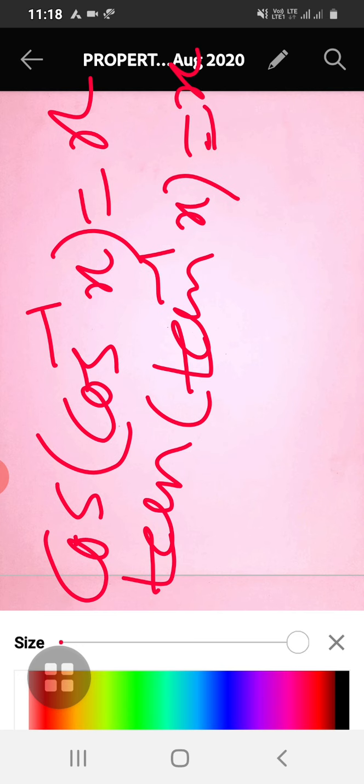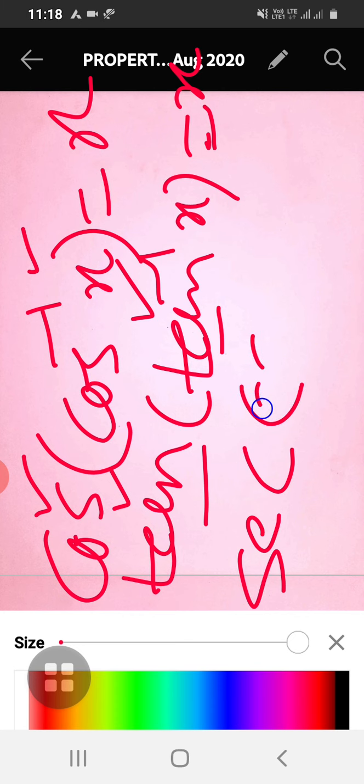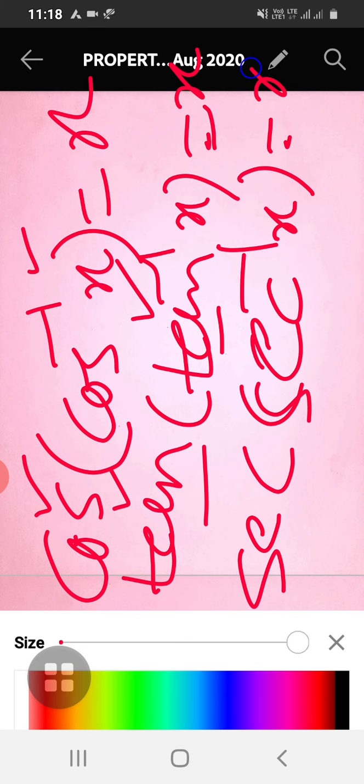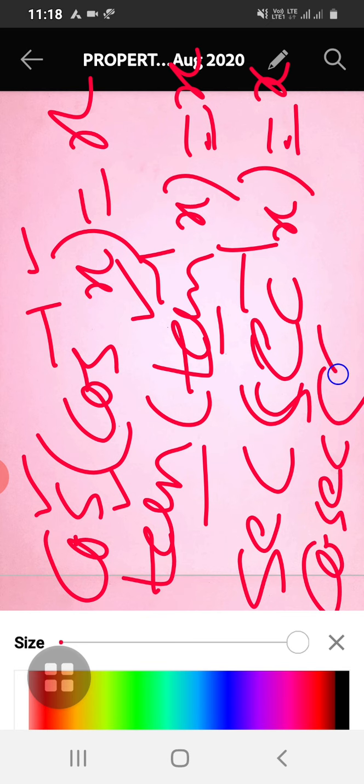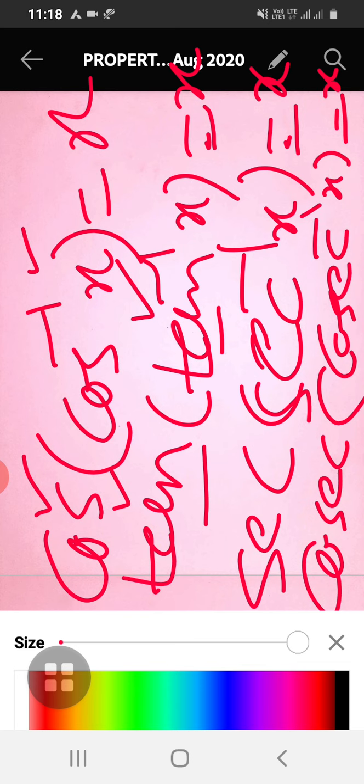See, outside we have the trigonometric function, inside the same inverse trigonometric function. Secant of secant inverse x is equal to x. The last one is cosecant of cosecant inverse x is equal to x. You simply copy and write these in your notebook. These are very, very important. The point here is, if I have a trigonometric function outside and the same inverse trigonometric function inside, then they are inverse to each other, and I get only the angle.